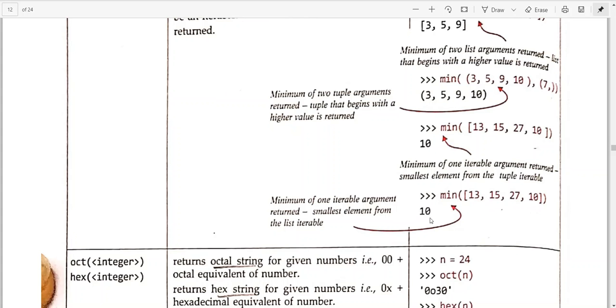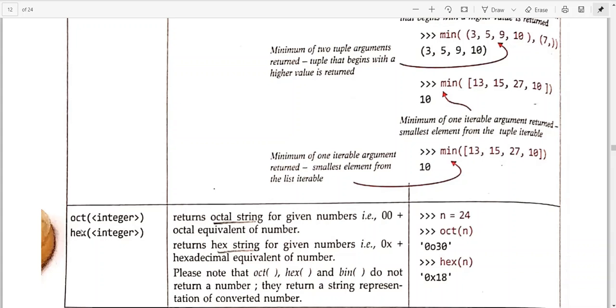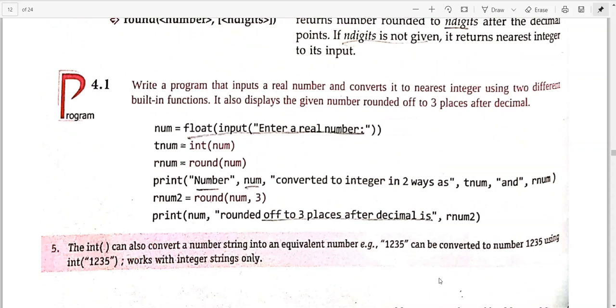Okay, now this oct and hex function will return the octal string for the given number. Okay, n is 24, so the octal version of 24 is this, and the hexadecimal version of 24 is this. Okay, so you can use these particular functions in the program as well wherever they are required.